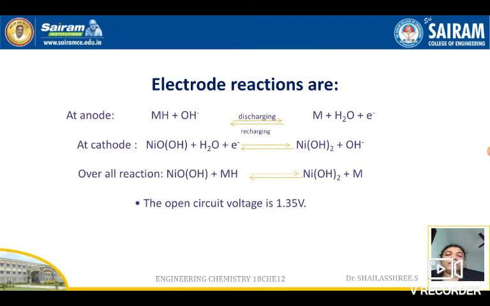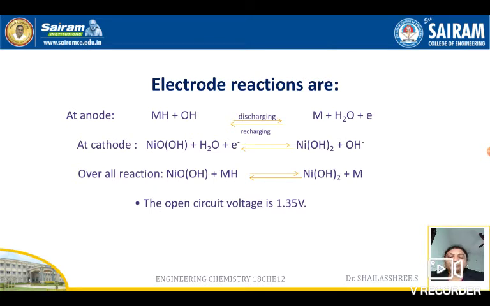Coming to the main reactions, the main part of the battery, that is the electrode reactions. Writing 3 reactions, you'll get 3 marks. As it is a rechargeable battery, you must write the double arrows. For the forward reaction you have to write discharging, and for the backward reaction you must write recharging. If you write only one arrow, it will not be enough, as 3 reactions are expected. So better write discharging and recharging with the double arrow.